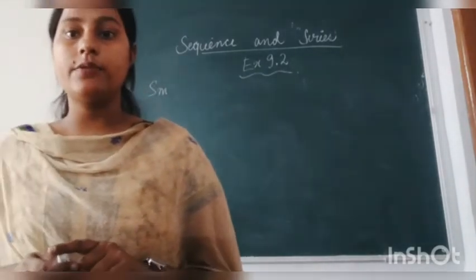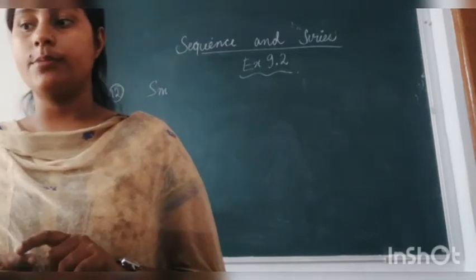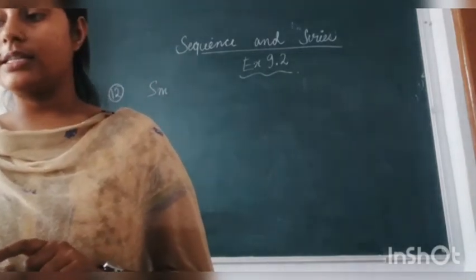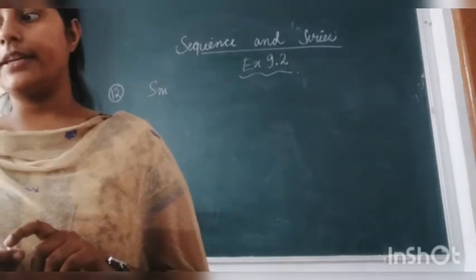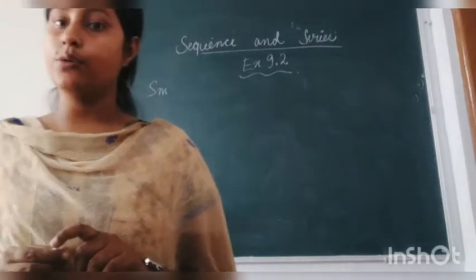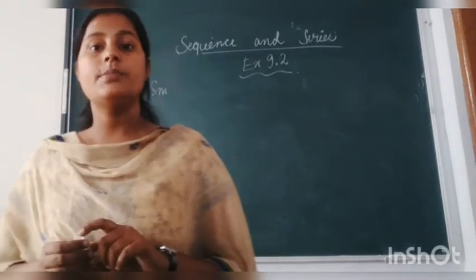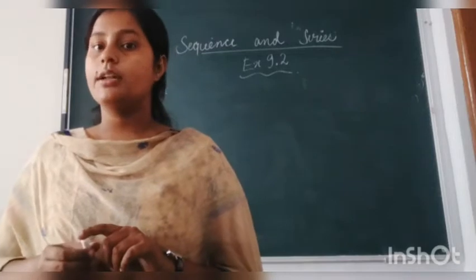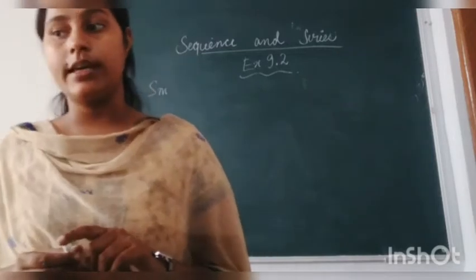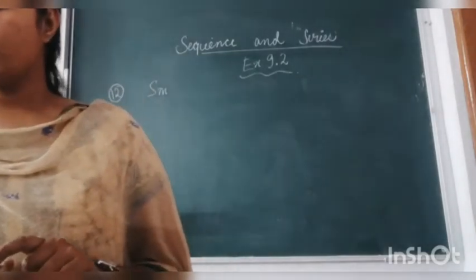The first question that we are going to discuss is question number 12 from your book. In this question it is written, the ratio of the sums of m and n terms of an AP is m square is to n square. If we write the sum of n terms of our series, we denote it by Sn, and if we write the sum of m terms, we denote it by Sm. So in this question,